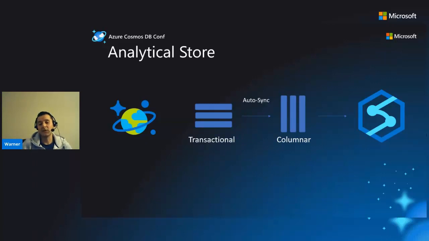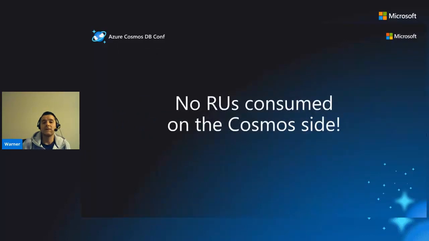And this, all you need to do is enable it, and all the behind the scenes magic happens automatically for you. There's no RUs consumed on the Cosmos side at all when you run queries through the Cosmos Synapse link. And I can't stress this enough. If you were thinking, how do I run reports and not impact my Cosmos DB application